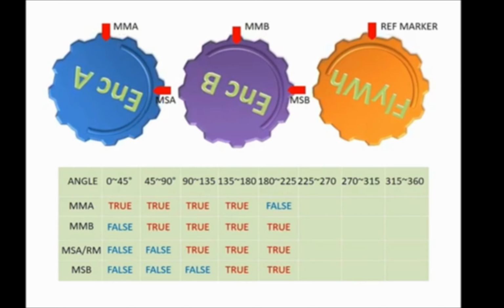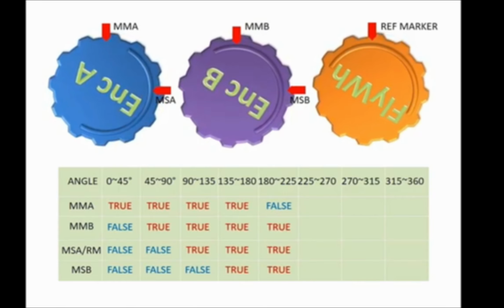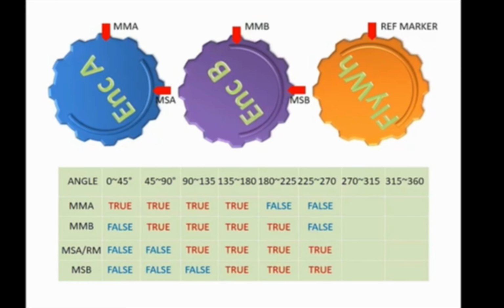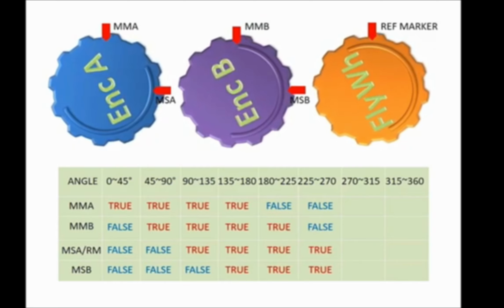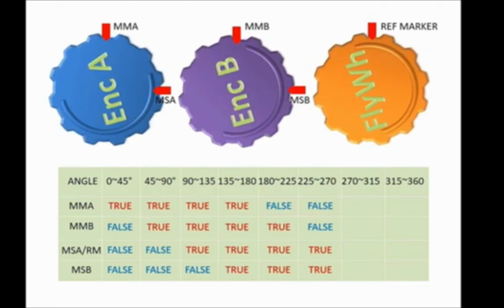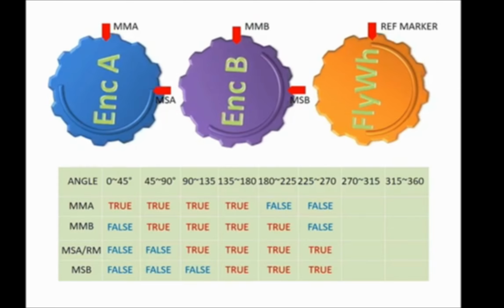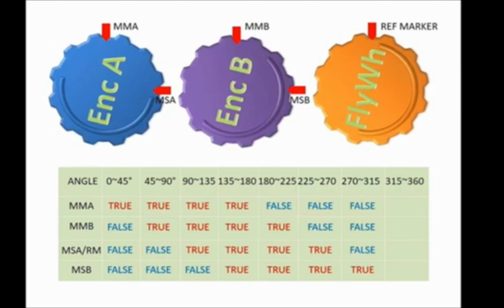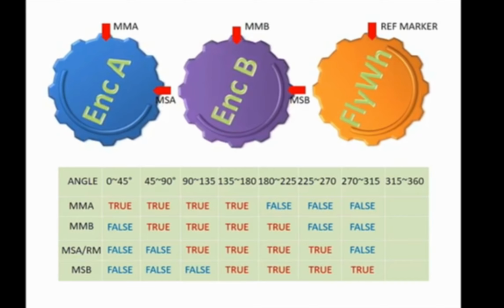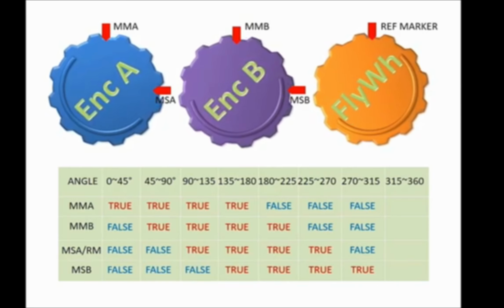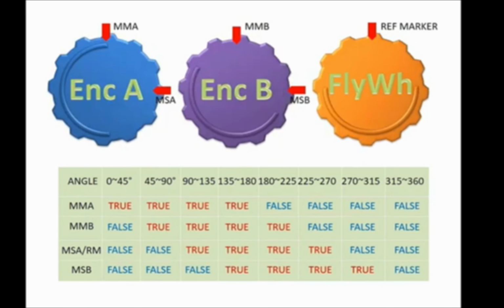In this system, instead of sensor MSA in the encoder A, a flywheel sensor is used as a reference sensor. The reason behind this is that there is a chance of error in the encoder A and encoder B sensors getting slipped from the shaft. But the flywheel sensor is a fixed one and will not get error at any time. So we are using this sensor as a reference sensor to calibrate the other sensors. This is the reason they gave the flywheel sensor. I hope you understand all the features of this encoder, how it works, and how useful it is for finding